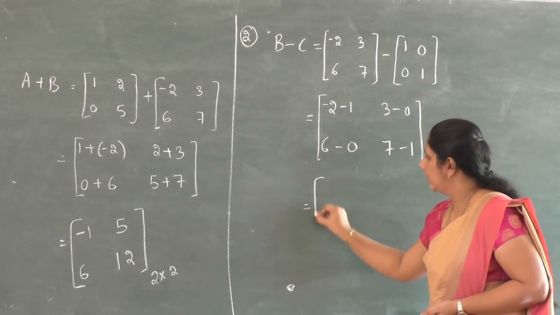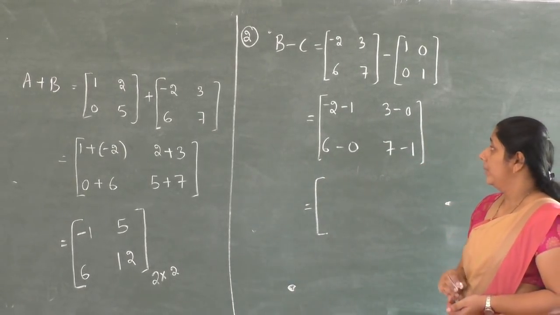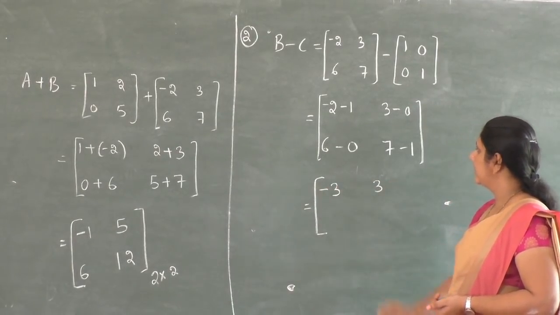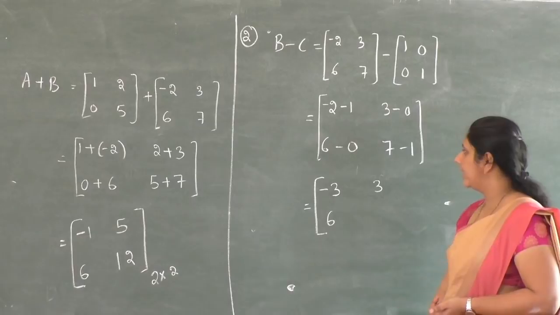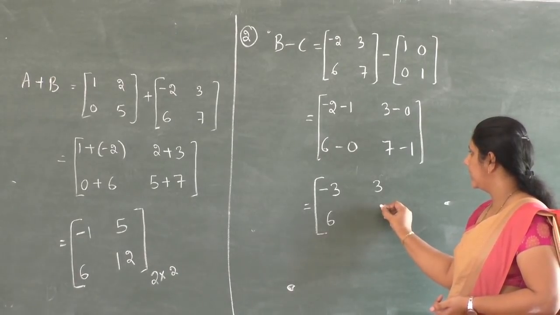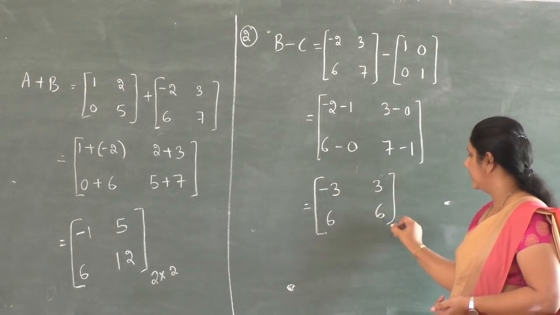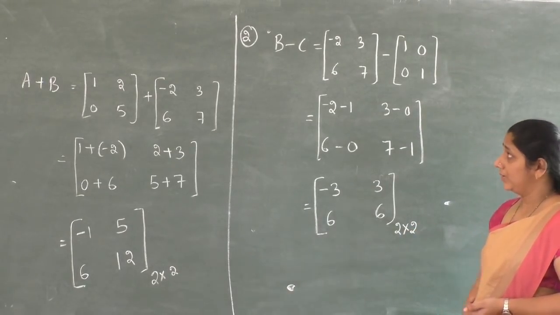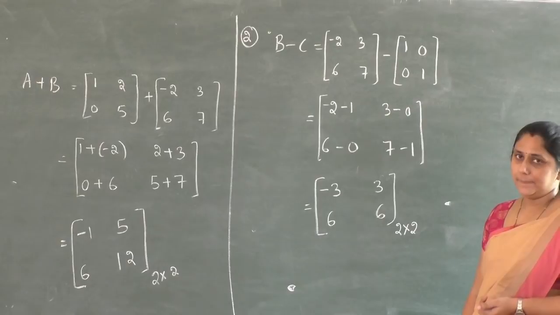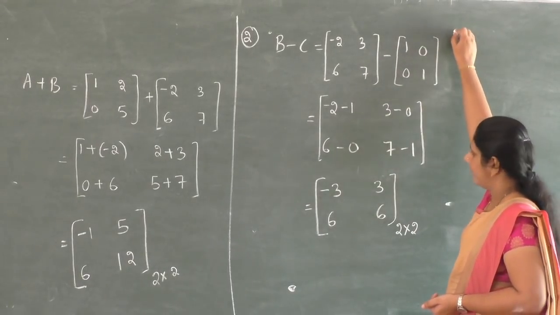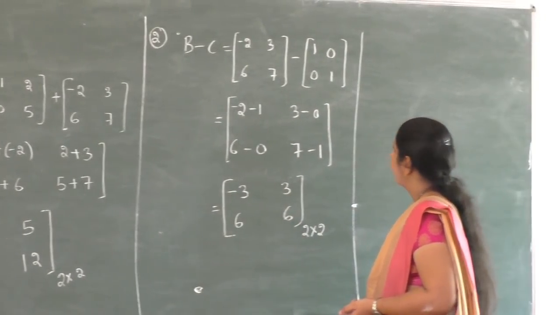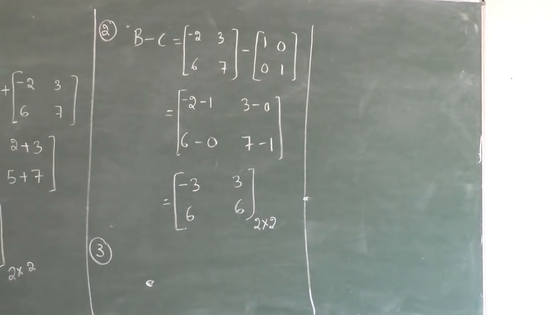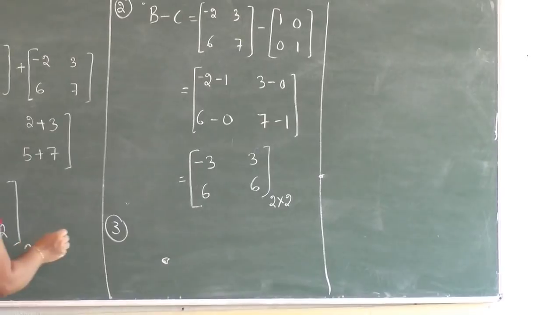So the final answer is minus 2 minus 1, minus 3, 3 minus 0, 3, 6 minus 0, 6, and 7 minus 1 is 6. Again check that order is 2 cross 2. So this is B minus C. Now the third question, that is